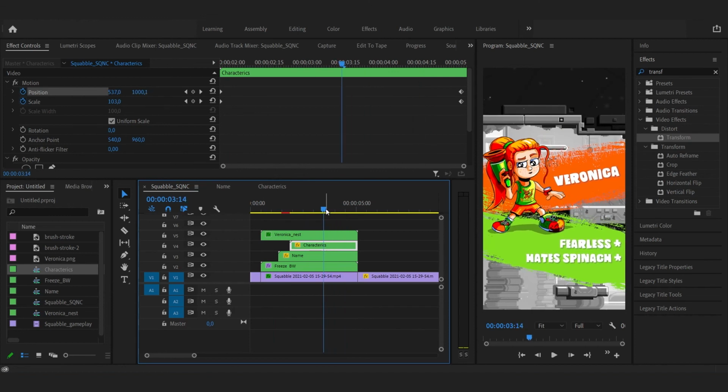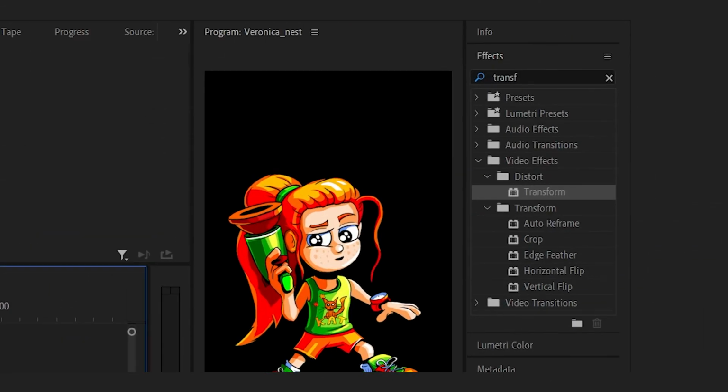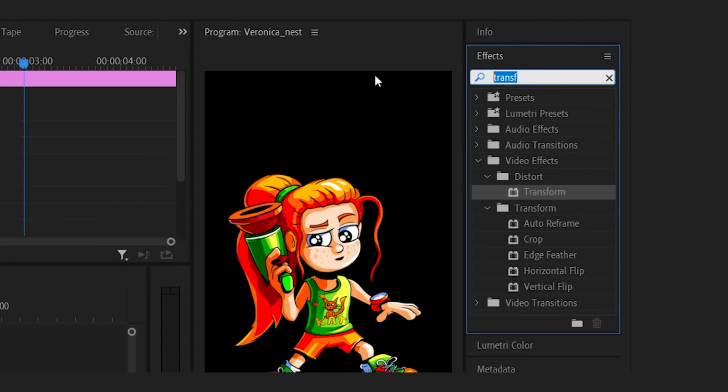This looks much better, but the character still blends with the background. Open the character sequence and find the effect called Radial Shadow, and apply it to the layer.